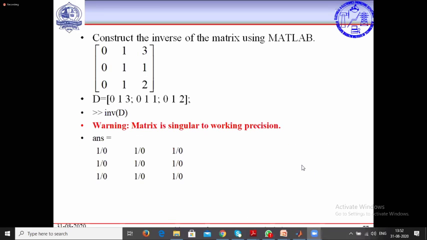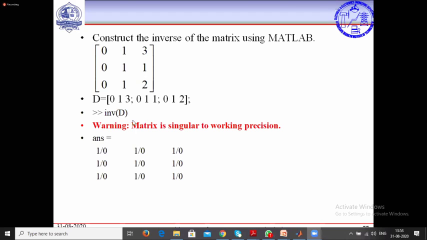Now, let's look at when the inverse of a matrix is not possible. If you check here, this 0, 0, 0 and this 1, 1, 1 clearly show that the determinant is going to be 0. When the determinant is 0, the inverse of this matrix is not possible. So if you directly apply inverse to this matrix, it will generate a result that is not possible. It will generate NaN, not a number, as it is directly giving 1 by 0.